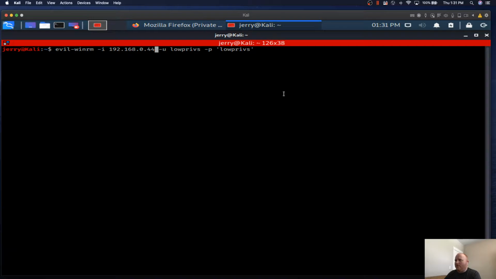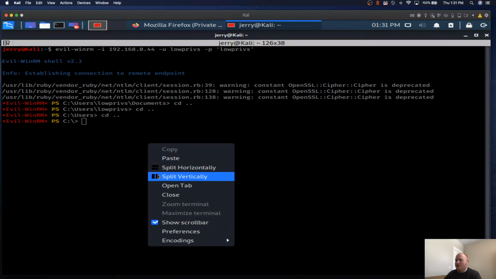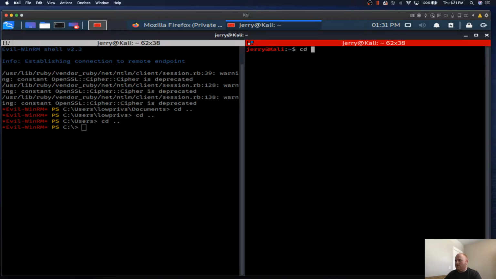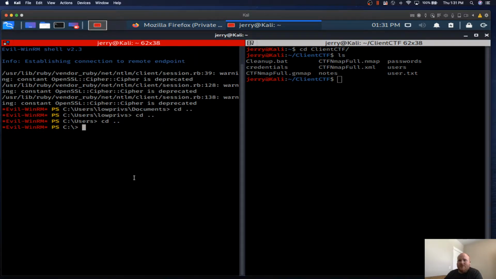So we already know how to get our foothold as the low privileged user, so we're going to go ahead and do that. Get our connection as a low privileged user, and now what we're going to do is grab a copy of the vulnerable service executable so that we can reverse engineer it, see what it does. Take a look at the code and get an idea around what it's doing. So we're going to go to cd program